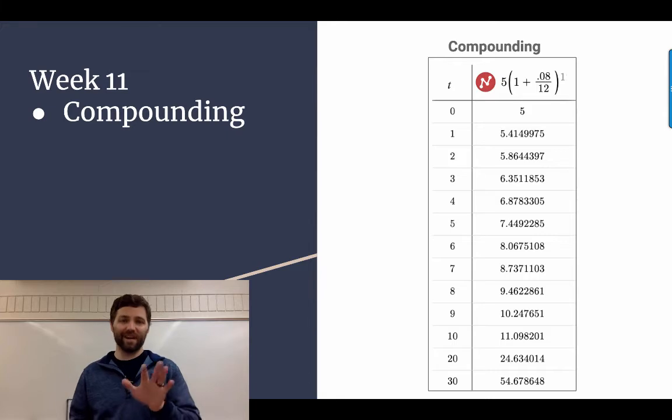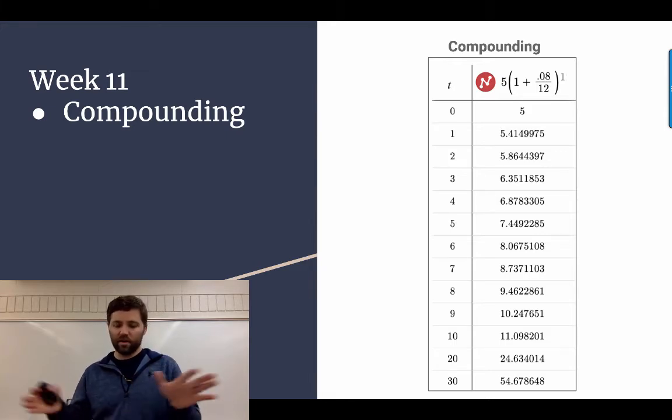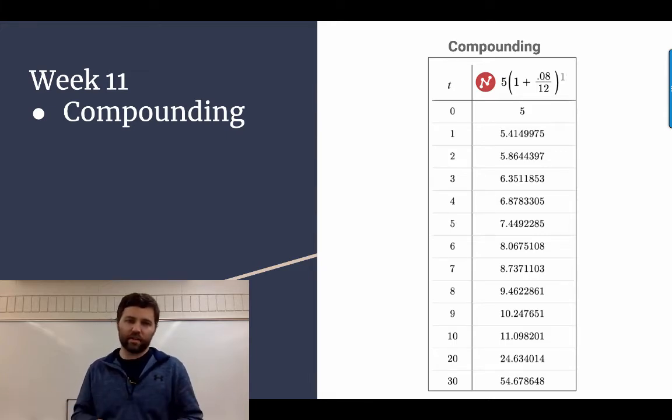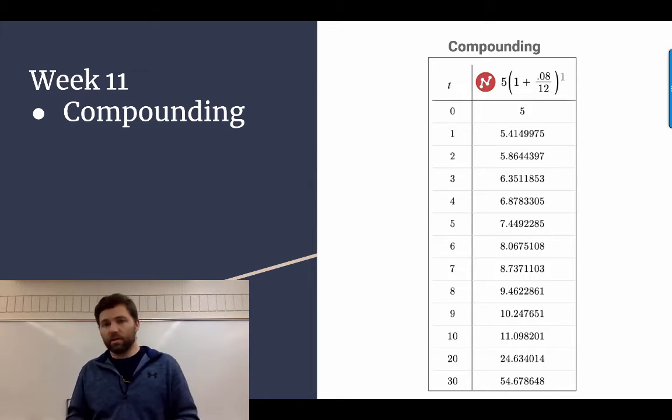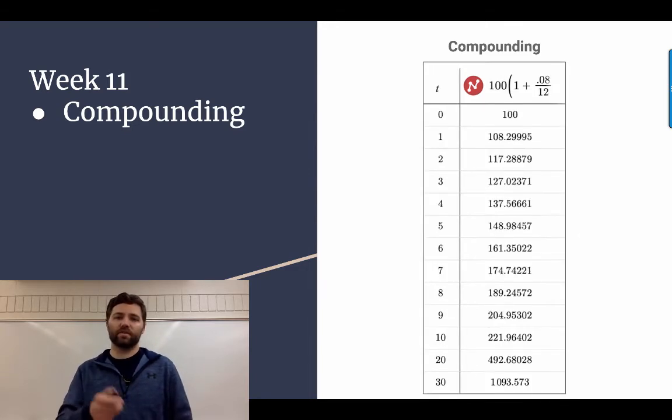And by year 30, that $5 that you started off with, that seemingly you could blow at Starbucks today, but investing it and waiting 30 years in an account that makes 8% turns it into almost $55. So it almost multiplies it by a factor of 11. Also notice that the jump from 0 to 10 years is about double, but the jump from 10 to 20 is even more than double. I guess the jump from 5 to 11 is still more than double. But you can see in the graph here,